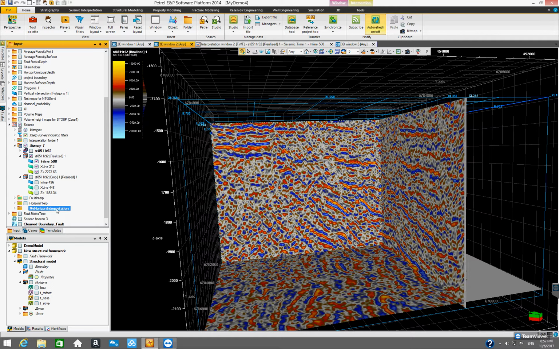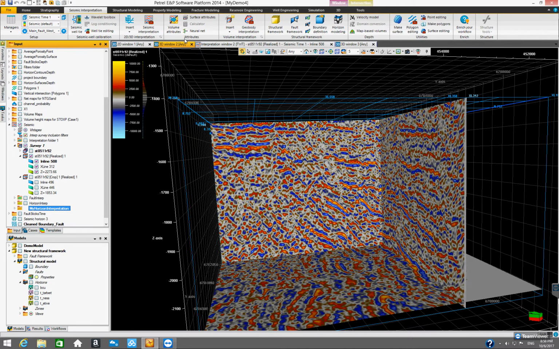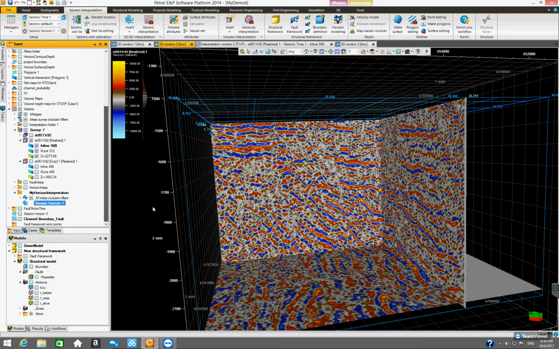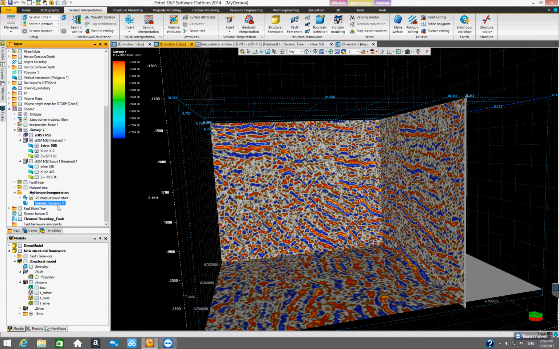Okay, and now I can insert a horizon object into it. So insert seismic horizon. Now we got one horizon object. You can of course start drawing, and then all the data is going to go into this particular object. But before we do anything,